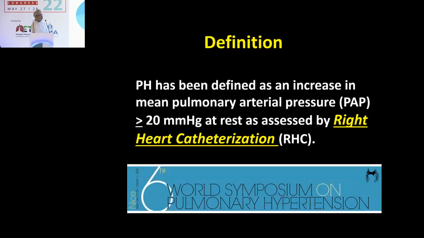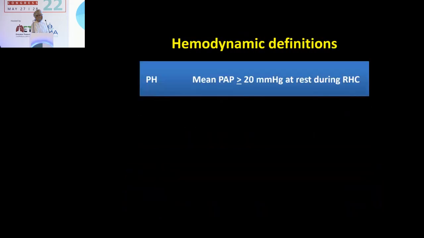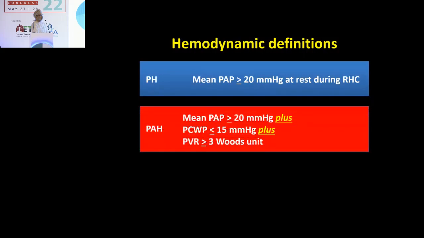All right. So, start by the definition of pulmonary hypertension, and this definition is actually the latest one from the 6th World Symposium. PH is a hemodynamic definition. PH is defined as an increase in mean pulmonary arterial pressure of 20 or more at rest, and that is assessed by right heart catheterization, not by echo. And if you go into more detail, in pulmonary arterial hypertension the mean pressure is 20 or more, plus